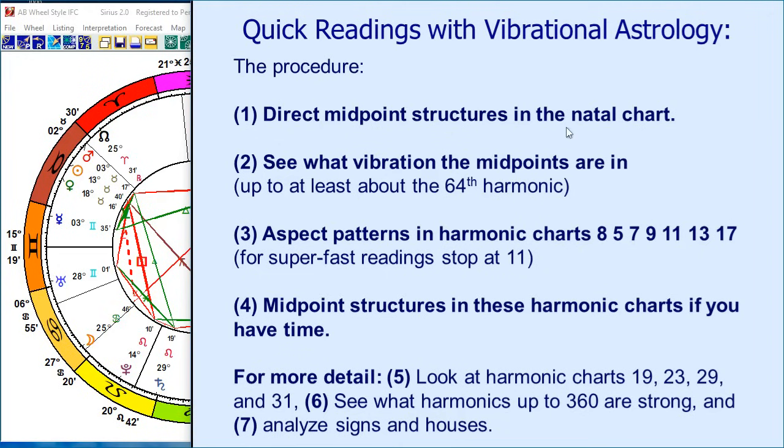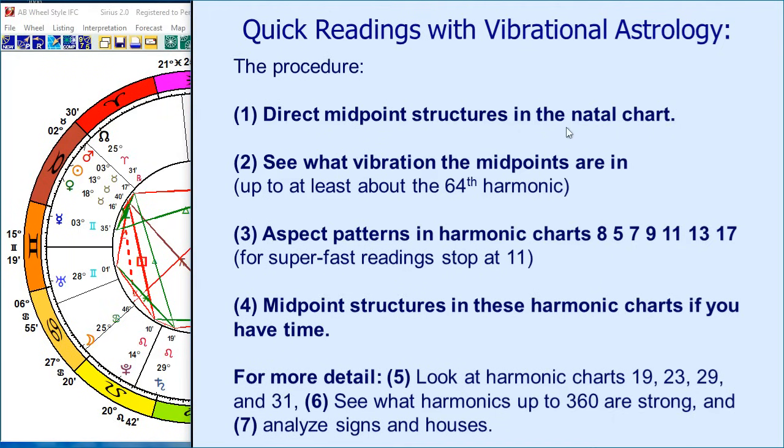Step number 1, what are the important direct midpoint structures? And I'll explain in a minute what orbs we use and all those little details. And number 2, what vibration they're in. And we want to get beyond the basic vibrations, at least up to about the 64th harmonic. So sometimes I use the word harmonic and vibration interchangeably. So there are vibrations in the chart, and they go up into the many, many hundreds. And we want to see what vibration, up to about 64, or preferably even higher, that these midpoint structures are